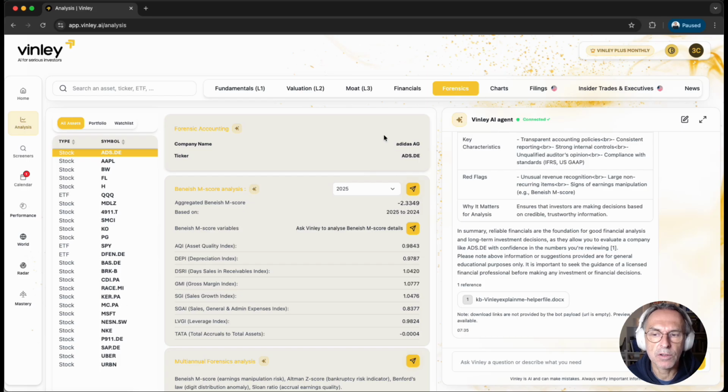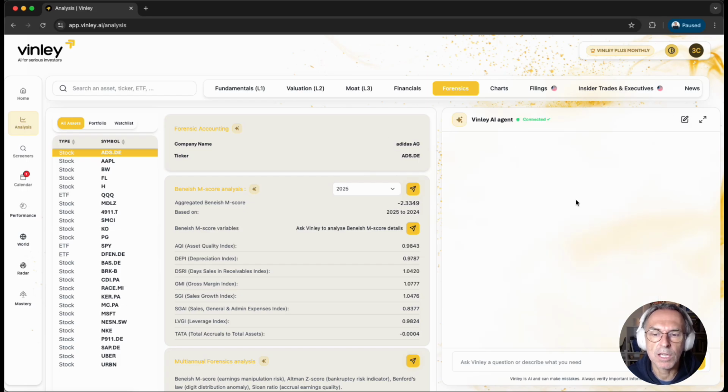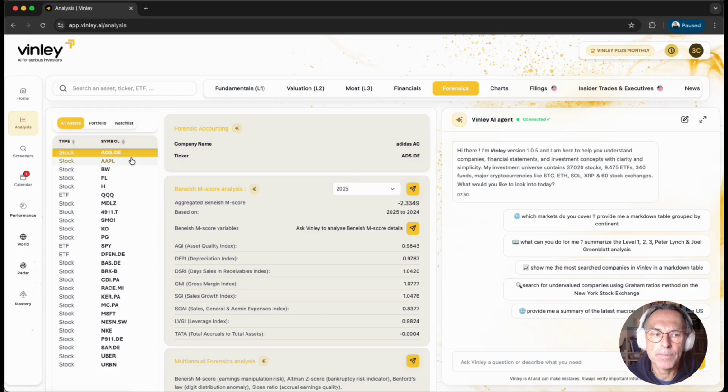So with this forensic accounting function, you see in this screen, I will just create a new chat here. In fact, I have selected the company, so I'm looking at Adidas. And what Vinley will do is automatically look at the latest annual available financial reports. You may see it moving here, depending on when the company has published their latest annual results. I'm just checking if I have an example where they have not yet published their 2025 results. Yeah, they have all already published. We are in March, so it doesn't surprise me. So you see they all have 2025, but Vinley will be looking at what is the latest annual